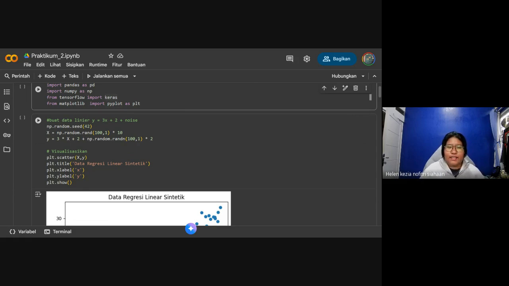In here, I'm doing the data linear. We do y equal 3x plus 2 plus noise. The noise is for the borders of the data. And random dot seed 42. 42 is the largest or the biggest number of the random seed. Then we're using x for the np random. We're using rand in here. And for the